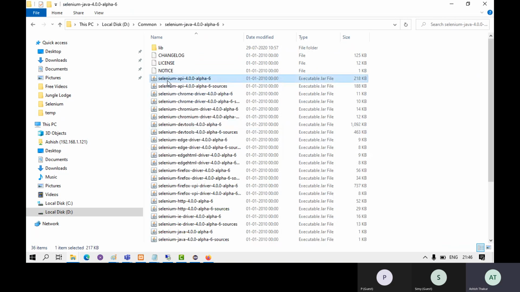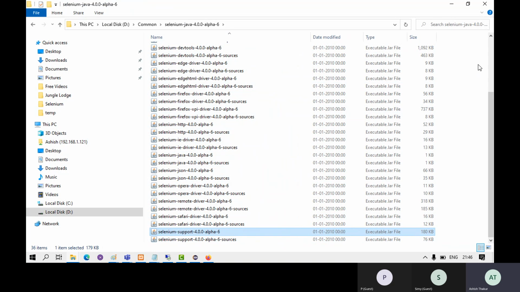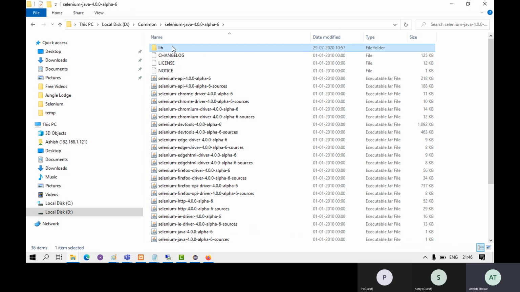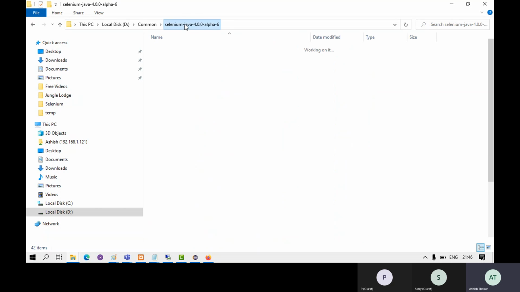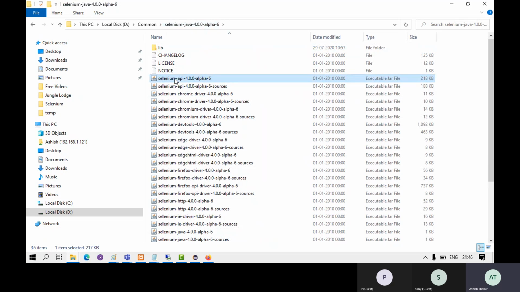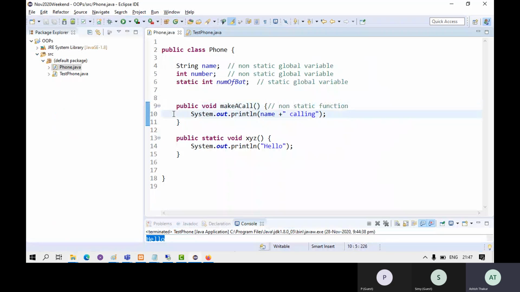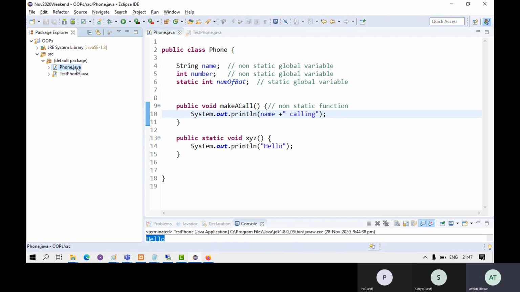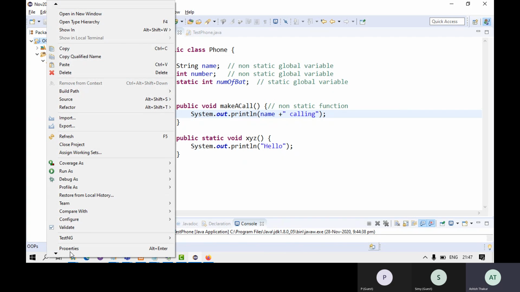So when you download this folder, you will have so many jar files. These are jar files. And under the lib folder, you will also have a lot of other jar files. What are jars? Why are jars used? I'll explain in simple terms. You have got two Java files over here, phone.java and testphone.java. If you look at your project, if you right click on the project and go to the properties section,